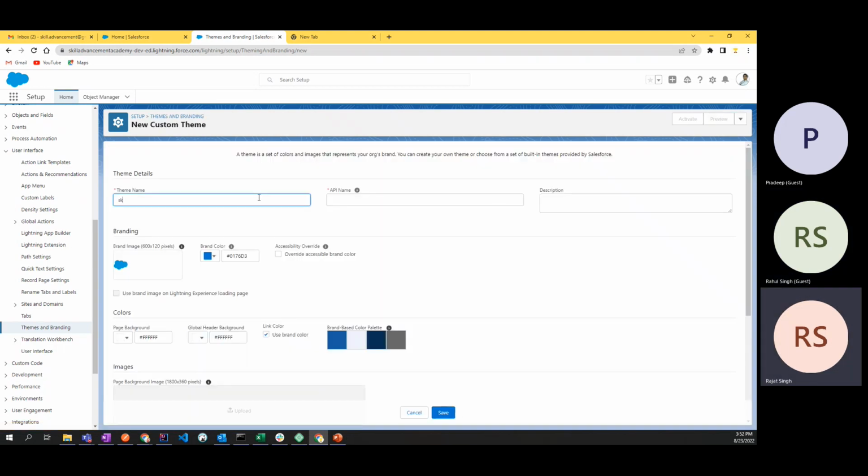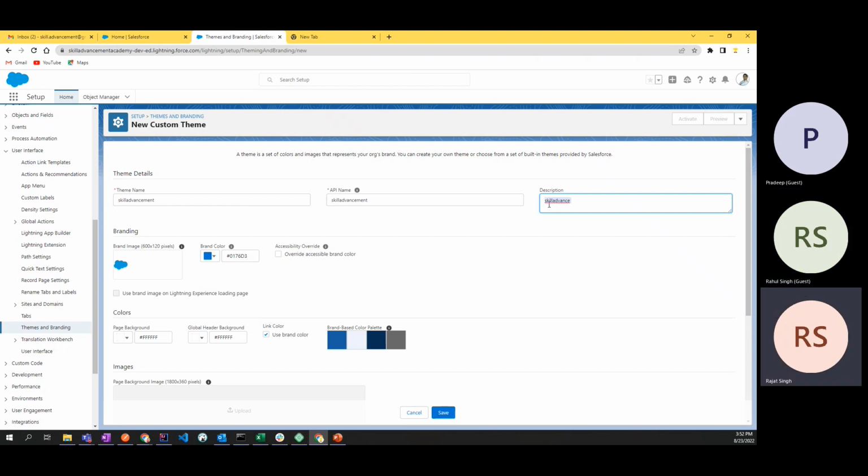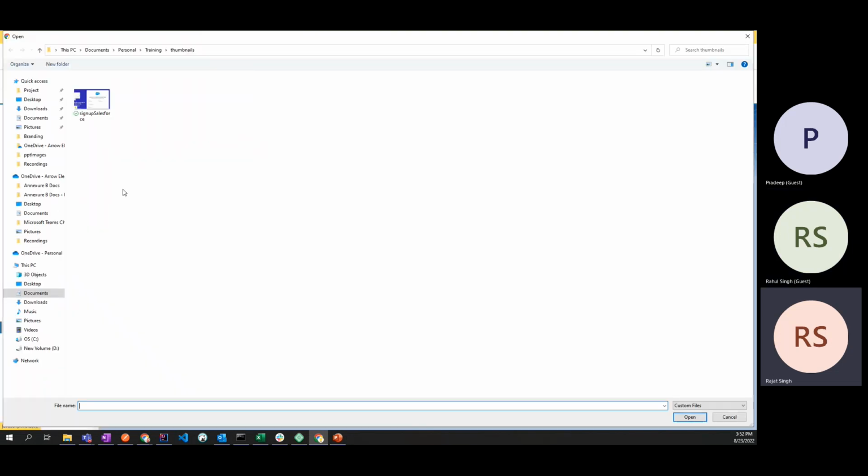Let's say you have to create a new theme based on skill advancement. We'll give it an API name. If you want to keep the same API name, it will just take the name by itself. You can give a description. The description is not mandatory, but it's good practice to use one, in case you want it later in the future. So this is the brand image, and if you want to change it,